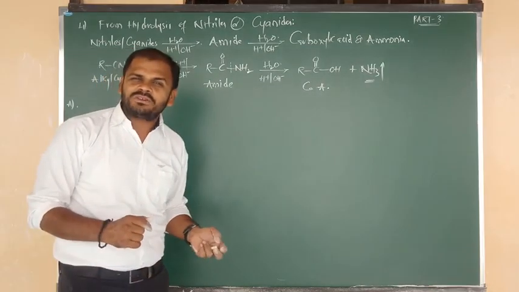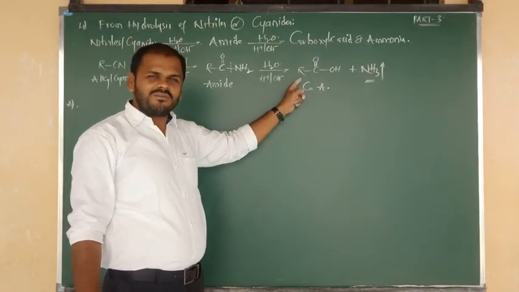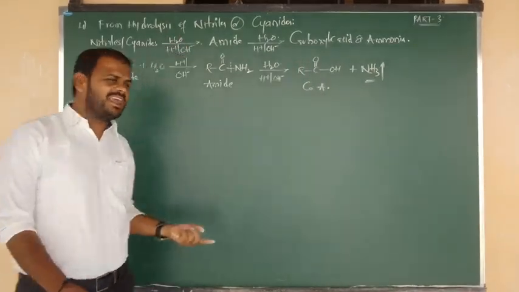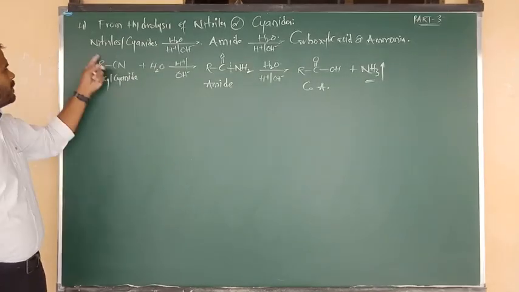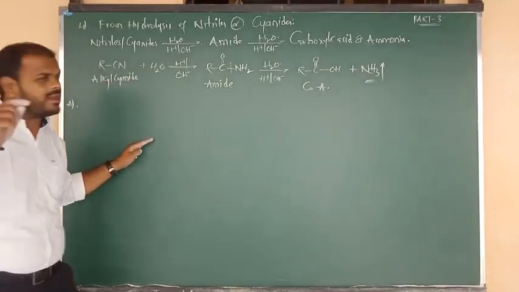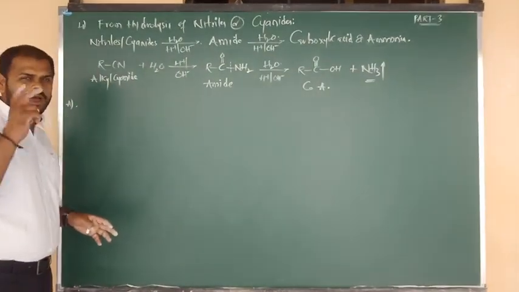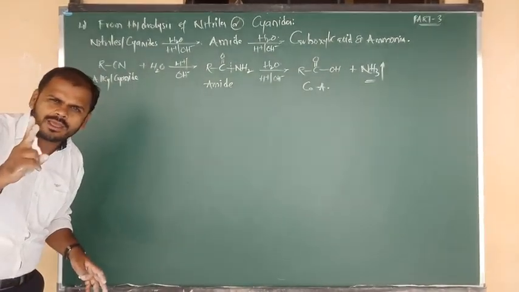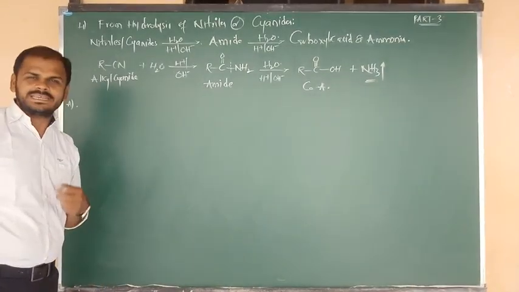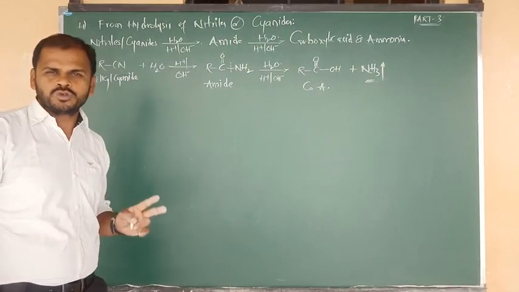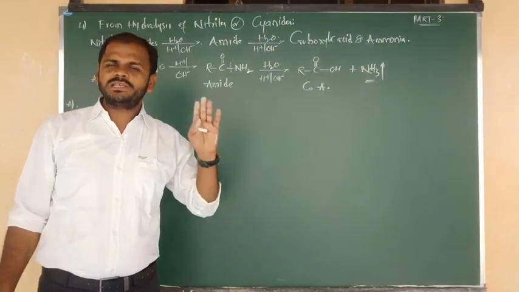One is for the preparation of aliphatic acid, meaning acetic acid. In the place of R, we have to write CH3. Suppose in the place of R they have written benzene, that gives the product benzoic acid. So in every method you have to focus on two things: one method for the preparation of aliphatic acid, for example acetic acid, and one more method for the preparation of aromatic acid, that means benzoic acid.